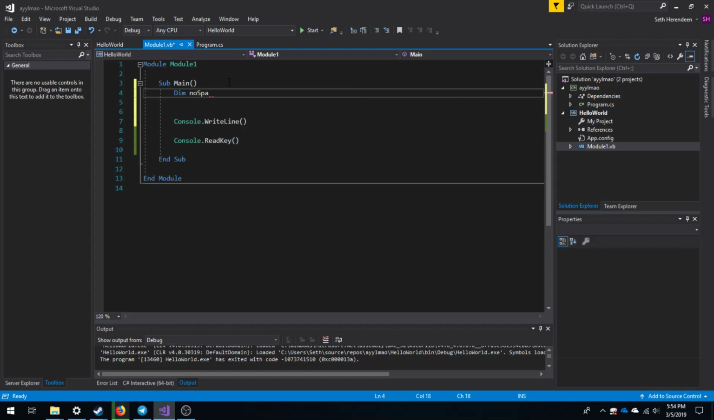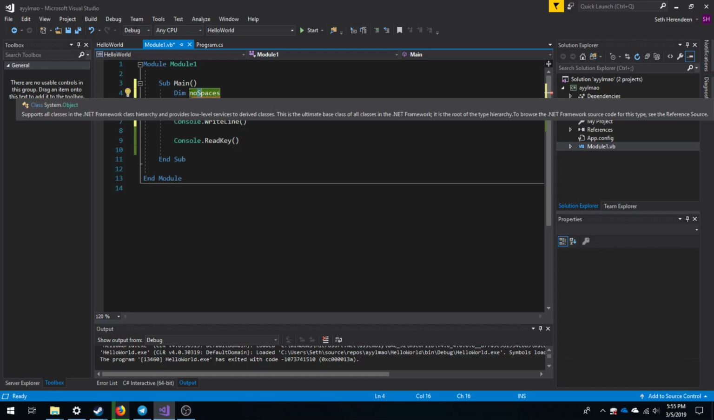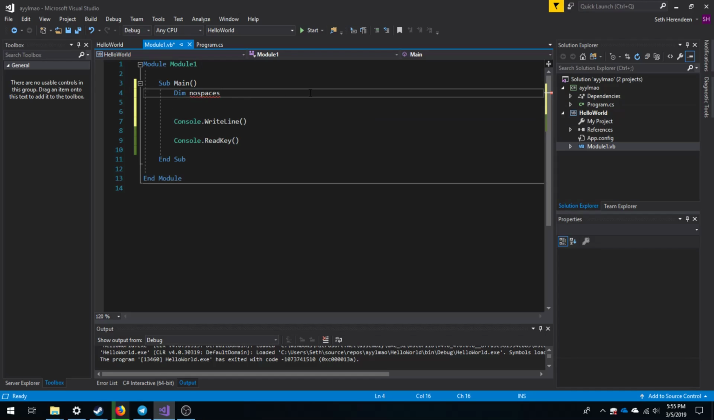So no spaces. As you can see, I capitalized the first letter of the second word within this no-space name, and that is so it's easier to read. If I put a lowercase s, it's harder to read. So uppercase S. Now if you want to specify a variable in Visual Basic, you also have to specify the